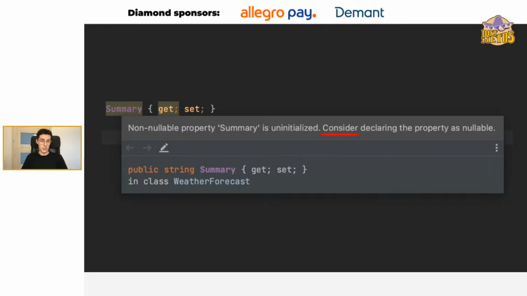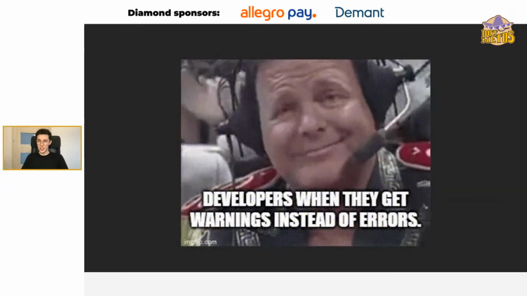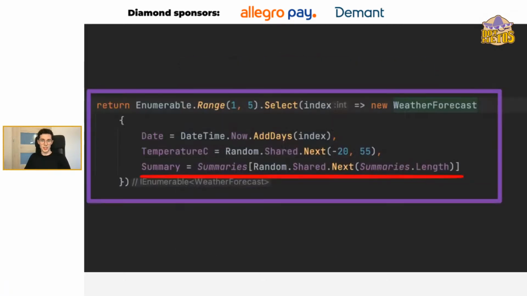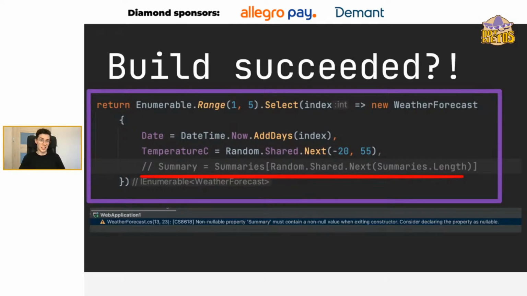When I saw it the first time, it was more like, "Come on, man, why is it compiling at all?" At this moment, in this solution, you can basically comment this out, so you don't fill the summary at all, and the build will still succeed.